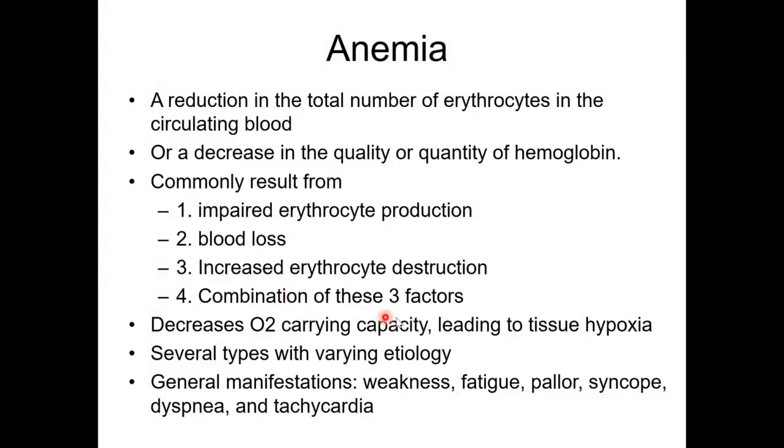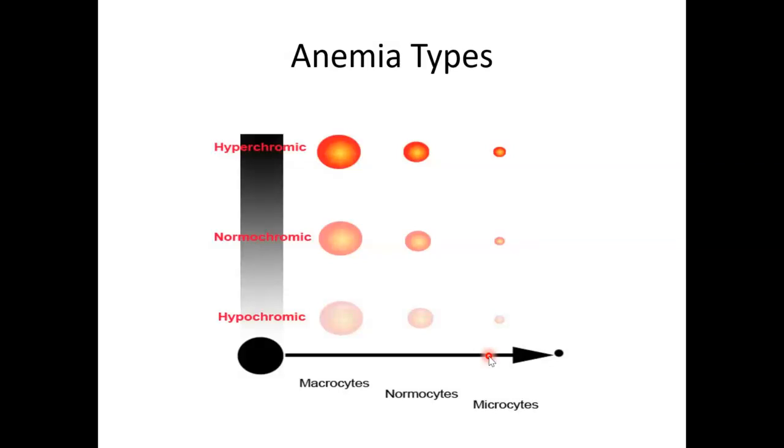Decreased oxygen carrying capacity, which leads to tissue hypoxia. That's a problem. Several types that we're going to talk about here, and they have varying etiology. And just as general manifestations are weakness, fatigue, pallor, syncope, dyspnea, and tachycardia. In this slide, we're going to talk about some different types of anemia, and then we'll talk a little bit more about the symptoms. So as far as the different types of anemia,